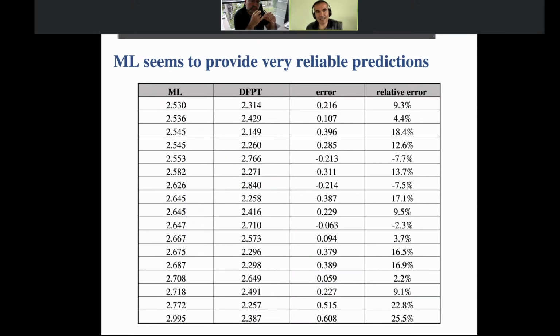And as you can see in the table here, the predicted value, so that's the ML value there, compared to the DFT computed, which we did afterwards, after we predicted that, is very good. So there is an error, of course, but it's very reasonable. And clearly we can predict materials that are interesting. And so with this, I will conclude.